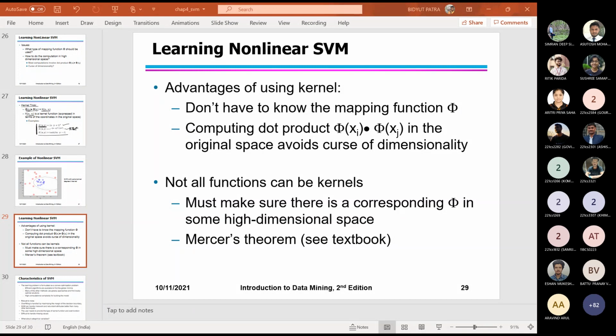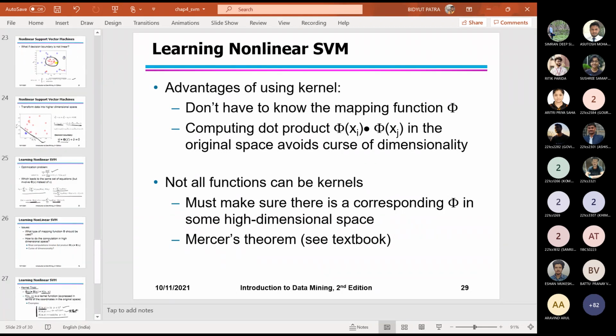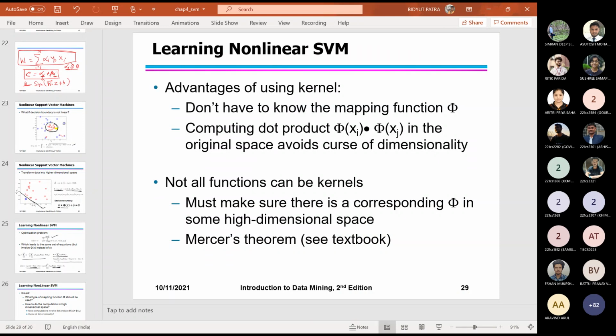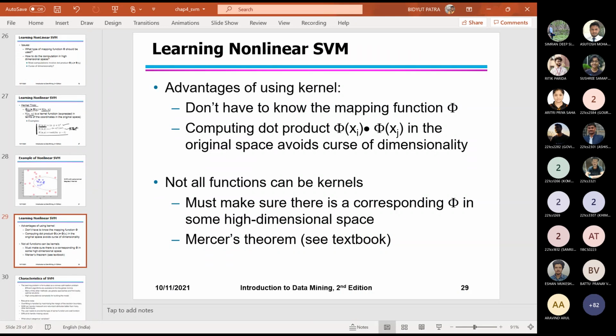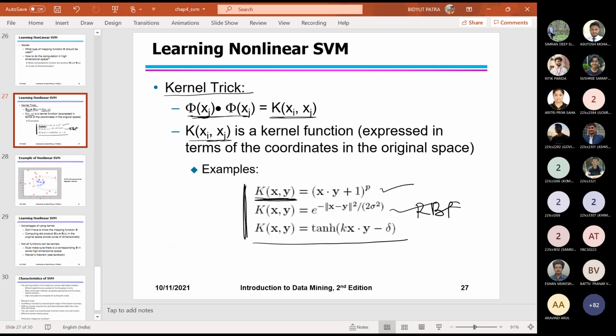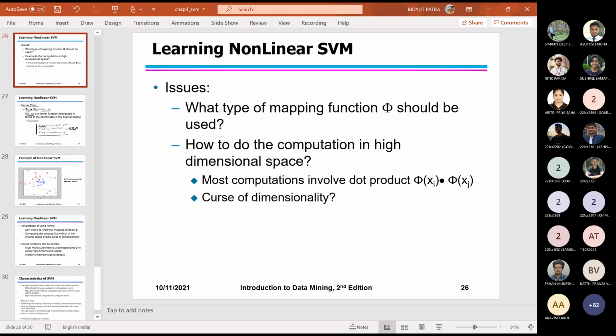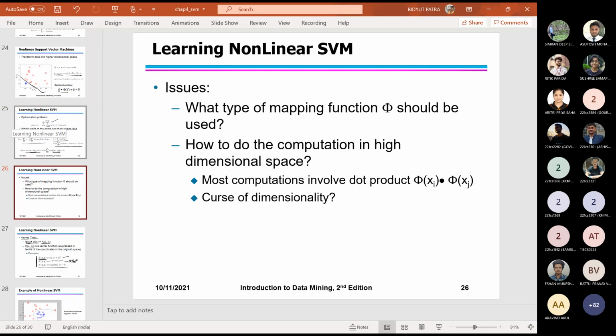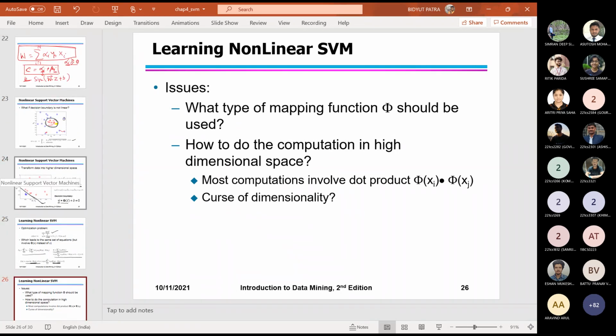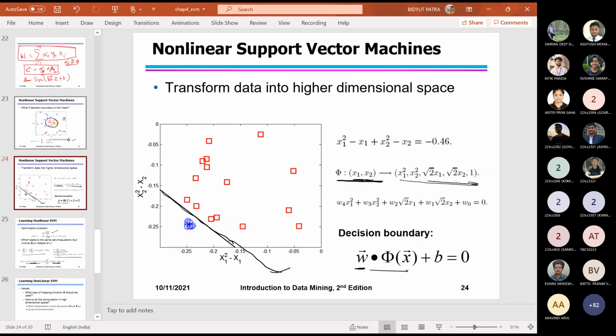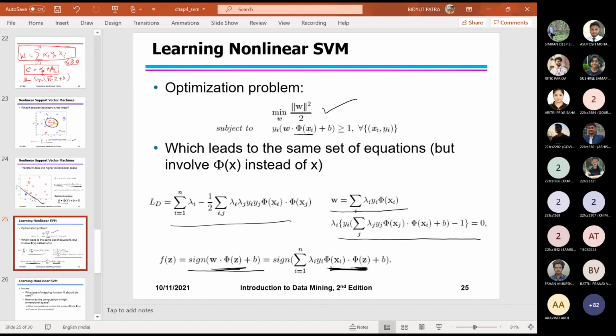Excuse me, sir. Yes. Sir, the previous part where the objective function changed by putting a constant, and then the sign of the w vector dot z plus b, and this decision boundary, are both the same or different? I mean, if the problem is not linearly separable. So you want to say whether the final w will come the same? If you reduce it, okay. This decision boundary is for the case where the data is not linearly separable, and the previous one is where the data is linearly separable.